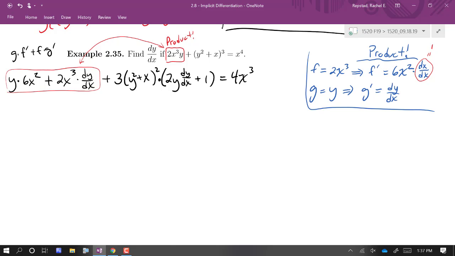So we still need to get dy dx by itself. What do you notice about this equation that might make it a little bit more challenging? Where does dy dx live in this equation? Inside the parentheses. Yeah, we have one over here, like we've seen before, but the fact that we have it stuck inside a set of parentheses means we have to fix that first. And we have a pretty simple way to fix that. You all know what it is. You might not see it right now, but